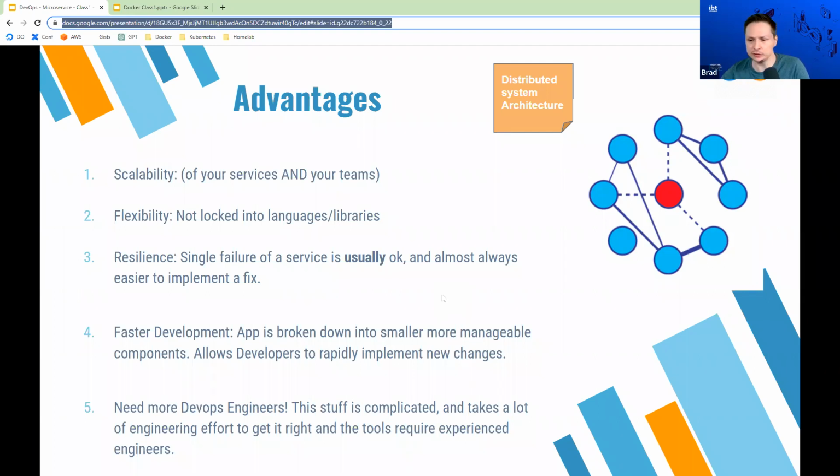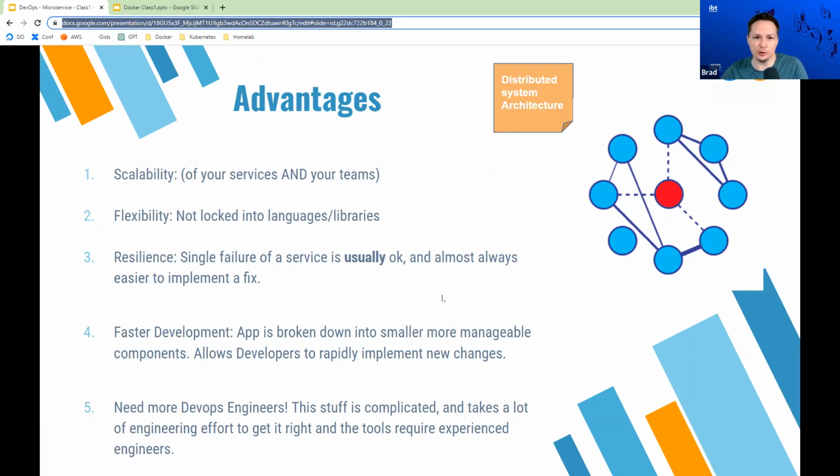So scalability of our actual services is something that microservices implements, and it also allows us to scale up our teams. And I'll get into a little bit of that in the next few slides, but basically, with a monolithic application, you run into issues with how many developers can actually work on the code base at one time, right? You can't just keep throwing developers and expecting each developer you add to increase how fast you can develop, right? Two developers working on a single application goes so fast.